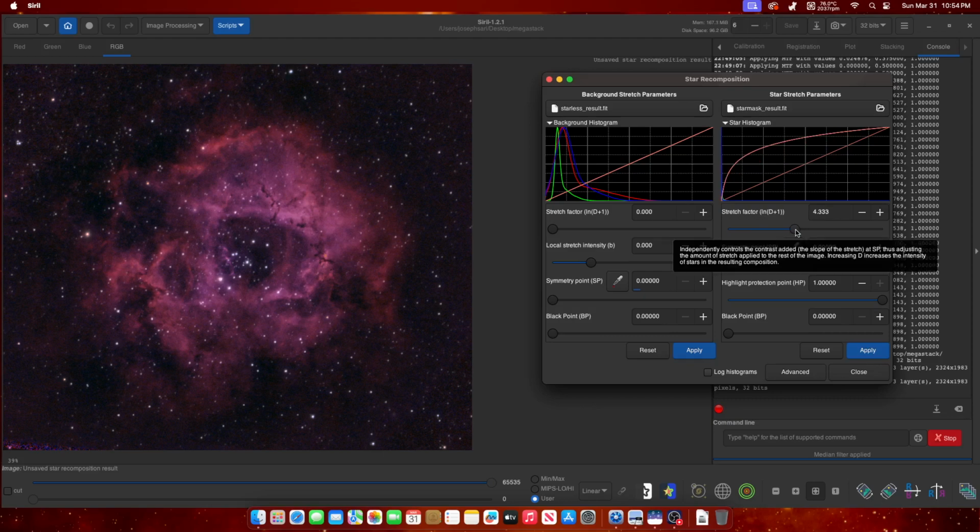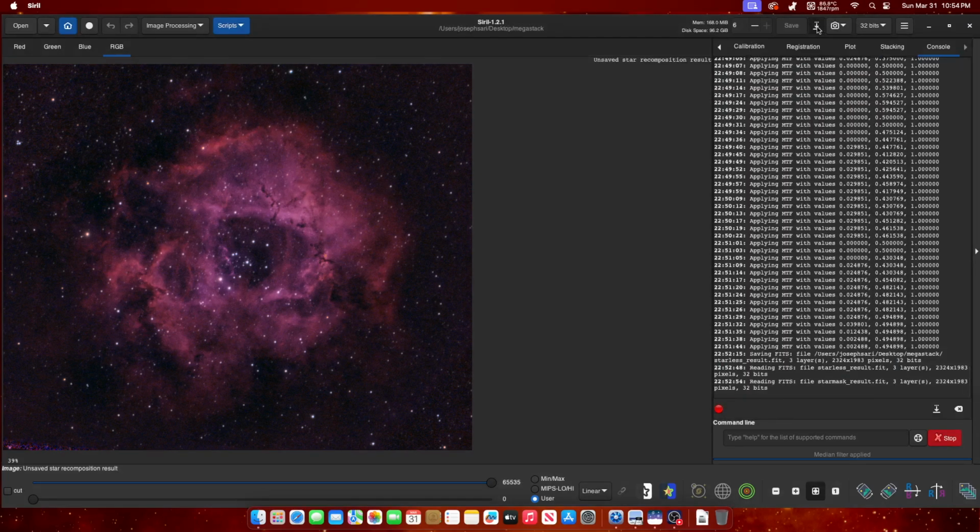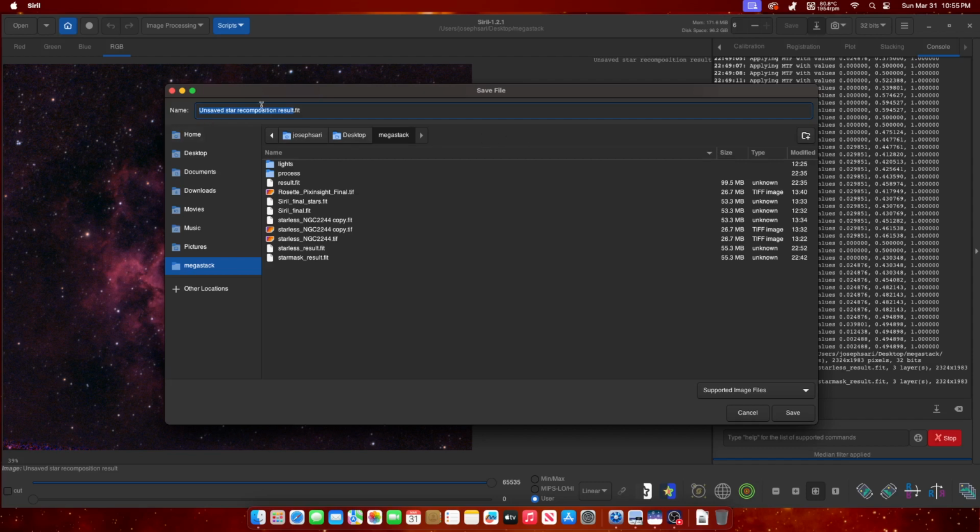Let me see how it looks when we have too much. Well, even that doesn't look too bad in here. Yeah, something like that. I think I'll pick this one here. And let's just see what happens on the advanced setting. All right, well, that's good enough. So I'm just going to close this and then we can save this image basically. There we go. You can rename it if you want, but that's up to you. And just click save here, and we're going to save it actually as